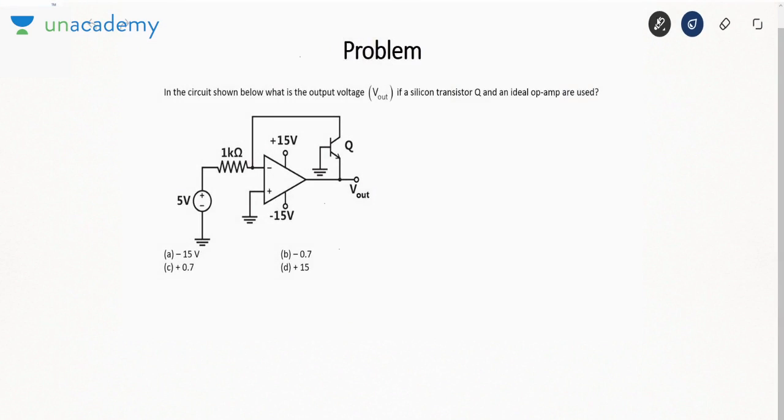Next problem. In the circuit shown, what is the output voltage if the silicon transistor Q and ideal op-amp is used? Now why is it saying silicon transistor? Because in silicon transistor VBE is 0.7 volt. Now let us see this. Input is connected to negative terminal. It is the case of inverting